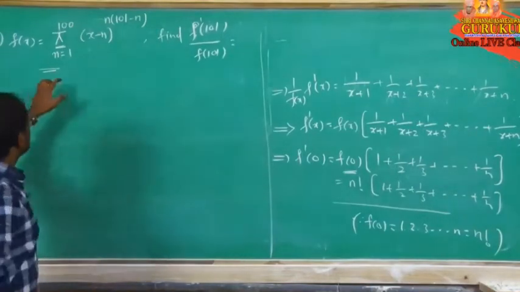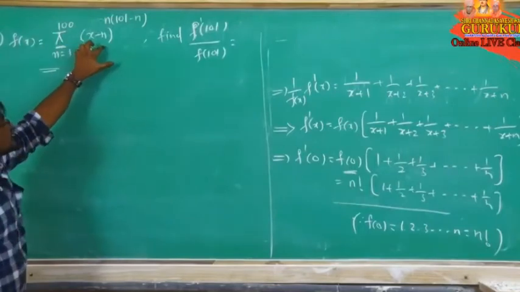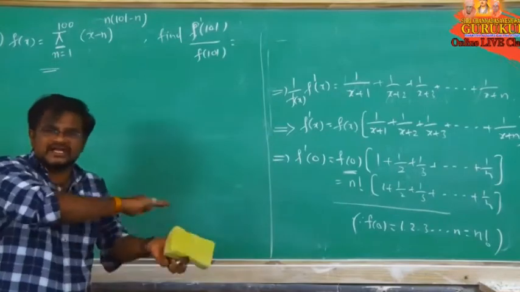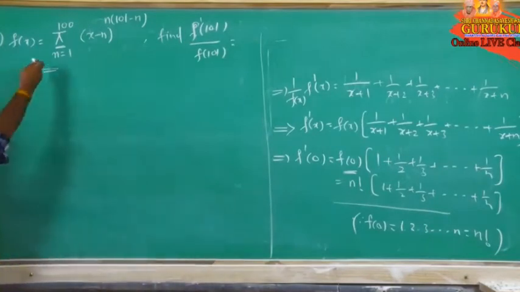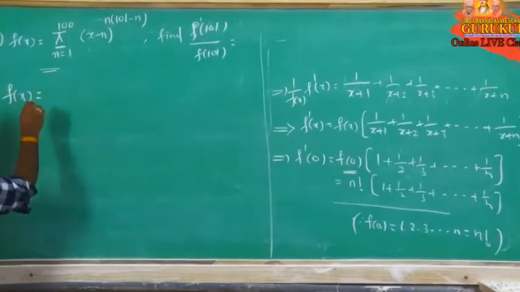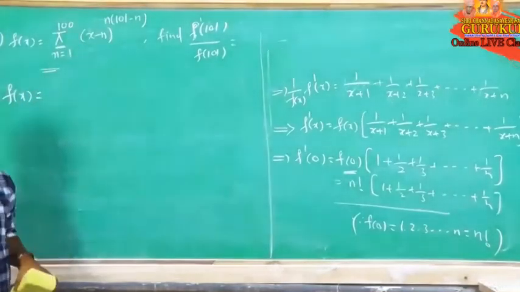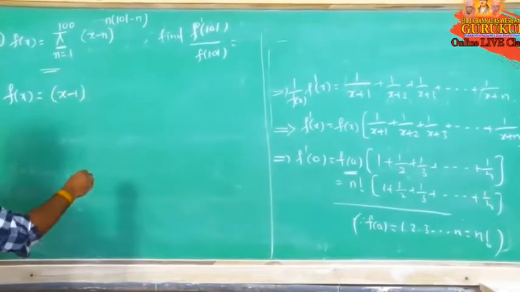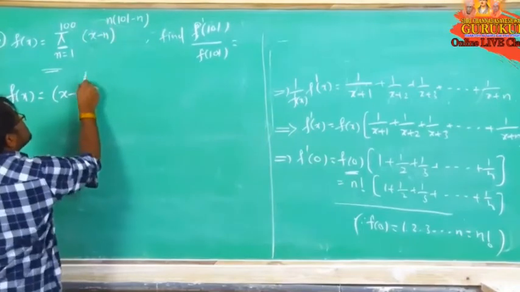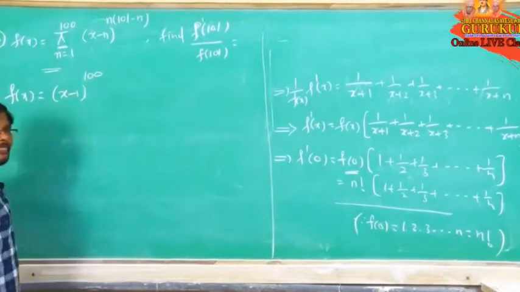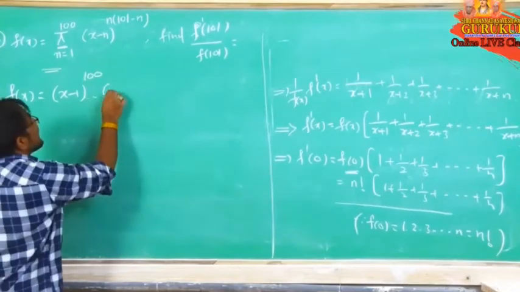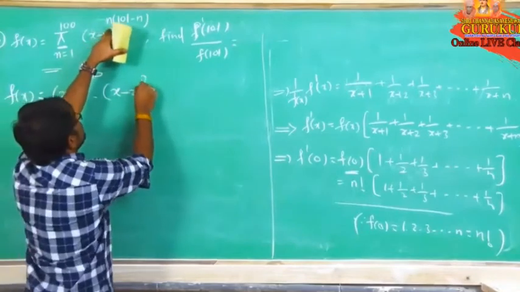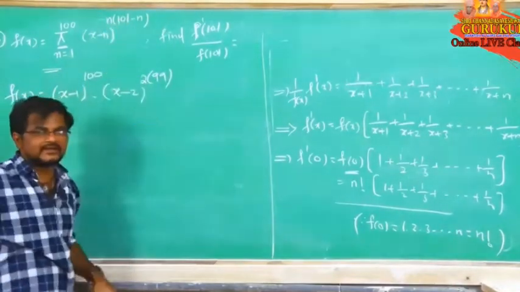Now here pi is there, n equal to 1 to 100. So x minus 1, with n equal to 1, expand, then you will get f of x. Then previously what you did, as it is we have to do. For that, expand this one: f of x equal to, once again, pi means product of the terms. Now n equal to 1, you substitute, what will you get? x minus 1 to the power of 1 into 101 minus 1, that is 100, right? Into x equal to 2, x minus 2 to the power of 2 into 99.